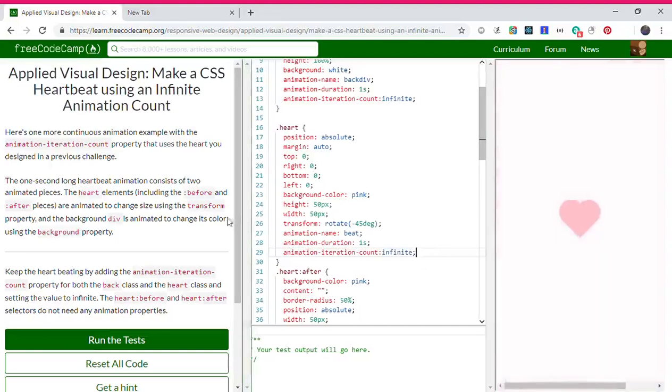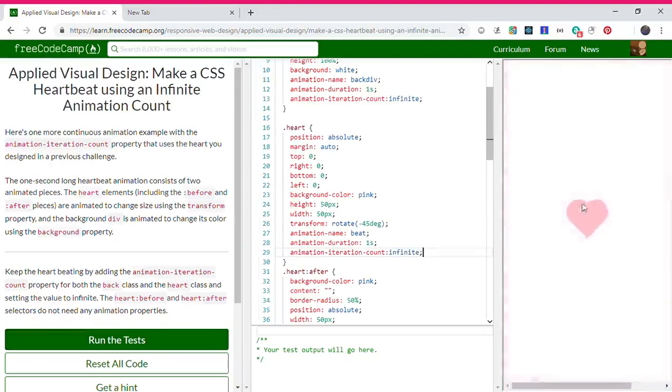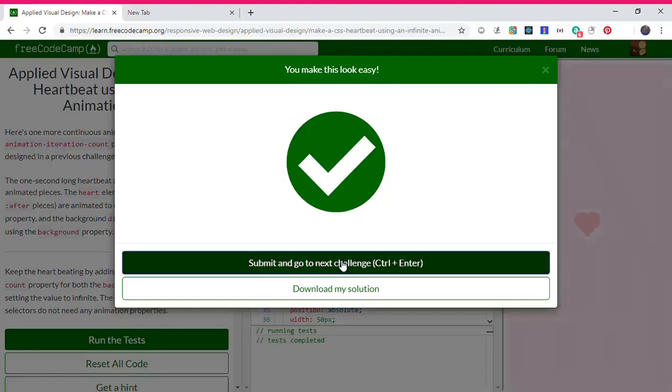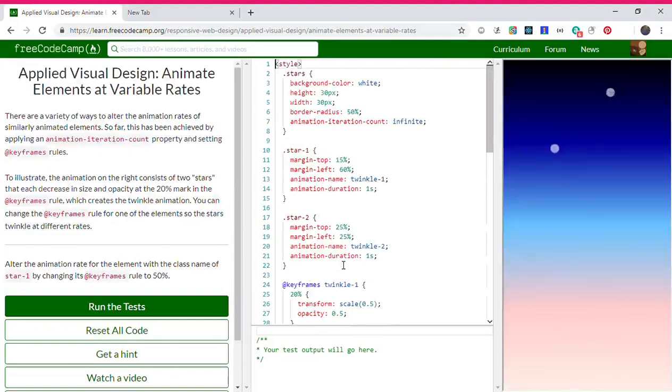Looks good. What is happening here is just the size of the heart is decreasing and then increasing again, so that's how it looks like it's beating. Okay, animate element at